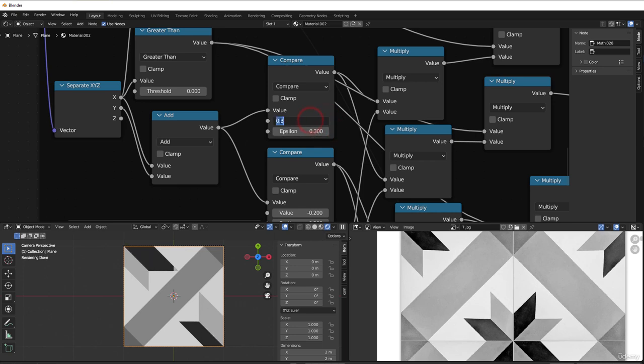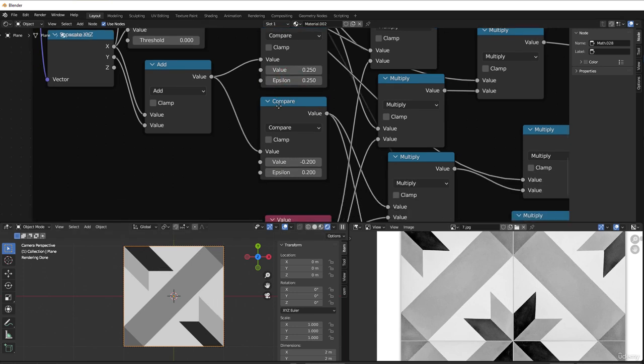And we can put it to, I don't know, 0.25 or something like that, and 0.25 here. And then you can see it gets bigger here, and then we can do the same here, so it's like something like that. So now we have it in, and it should be a little bit short